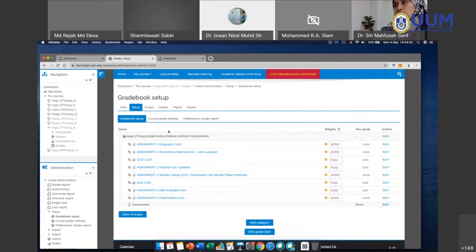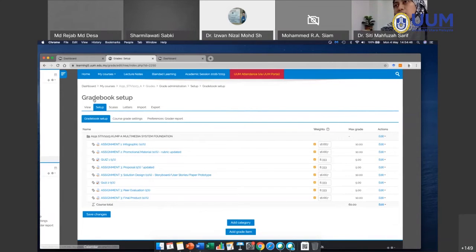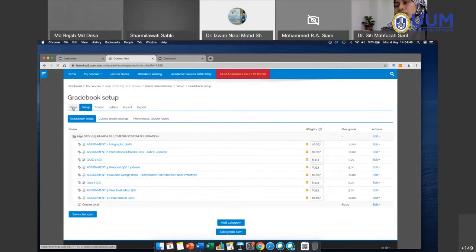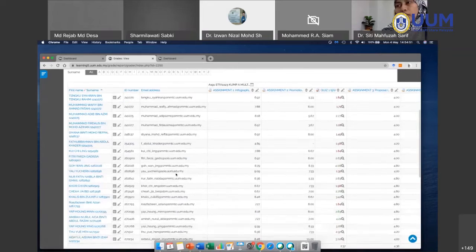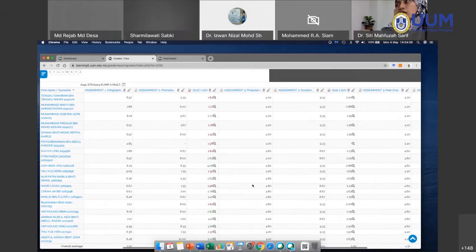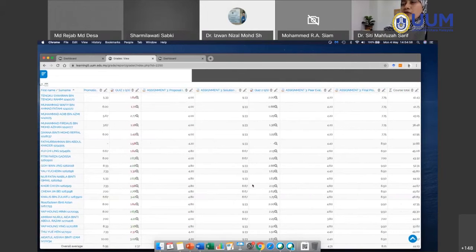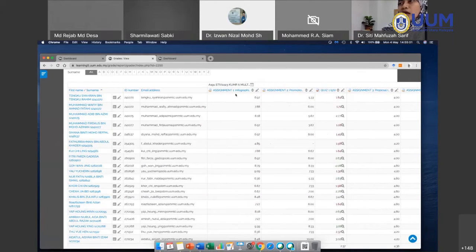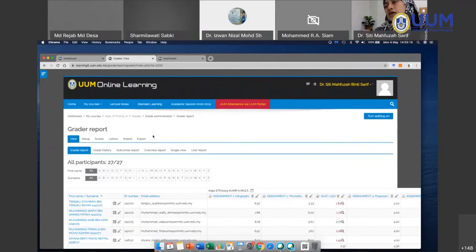Okay. So let me show you what the gradebook looks like. So this is the gradebook. I can see the marks for all my students, complete, for all assessments. The layout is a bit long, because the way I labelled my assignment and my quiz earlier is a bit lengthy, so it captures everything. It makes the table so wide. So you can reduce the label and make it shorter. So from here, what you can do is,